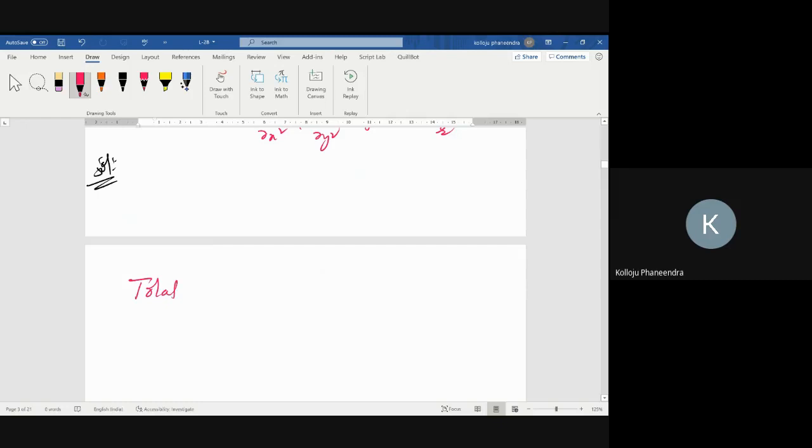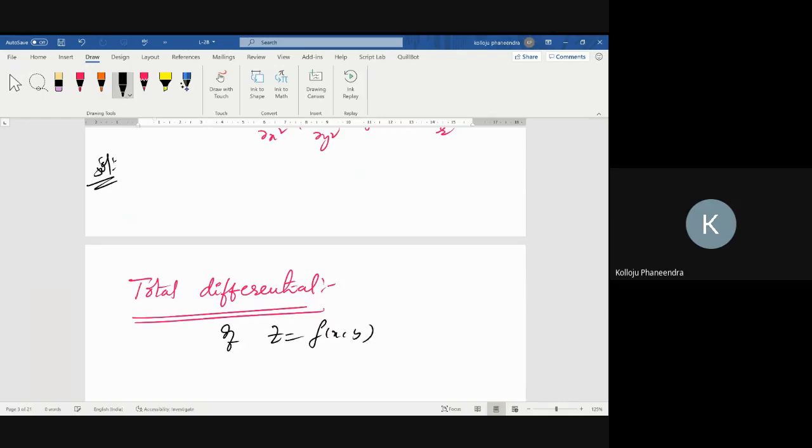Total derivative is the topic. Before that, I need this one, total differential. What is the definition of total differential? If z is a function of x comma y, if z equal to f of x, is a function of two variables,